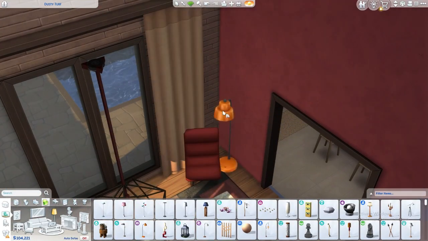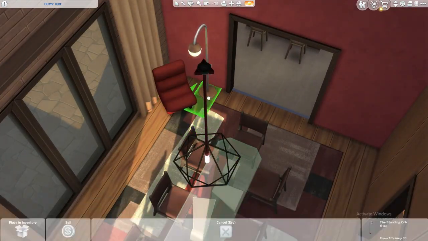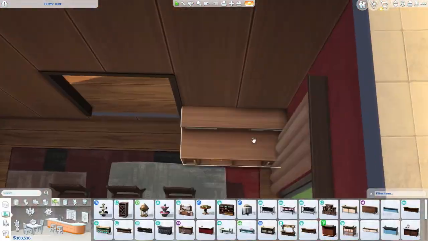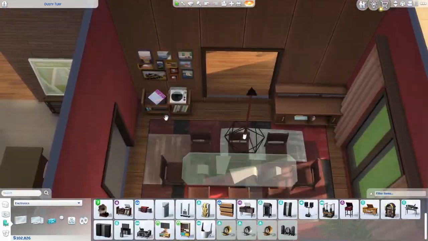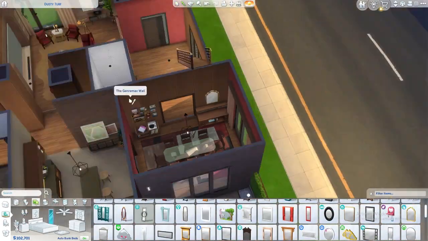I kind of pick and choose where I add laundry. I don't like to play with it in my personal gameplay, so it's a feature that I tend to not put in my builds for the most part, unless I'm trying to build a realistic home. If I'm actually playing in it, I don't like to add laundry. But yeah,